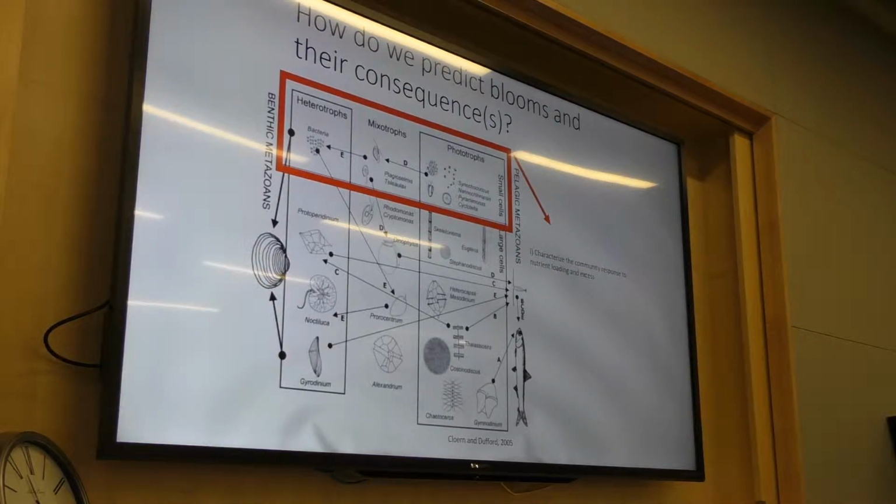What I'm interested in, in figuring out how we predict blooms and their consequences, is looking at the community from the bottom up, figuring out what bacteria and photoautotrophs are doing in response to nutrient excess, and what the consequence of that is for larger organisms as well. And so that involves a laboratory approach where I would isolate and grow these community members, microbes in the lab, and test their response to a variety of different nutrient variables, environmental conditions, and potentially some microcosm experiments where I do this in a controlled, larger scale setting in the bay or in these areas.